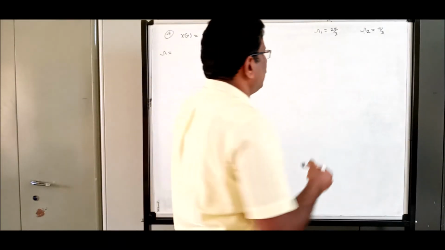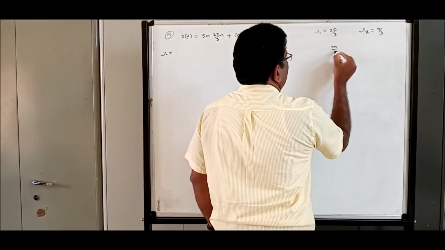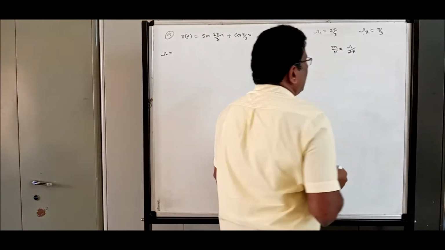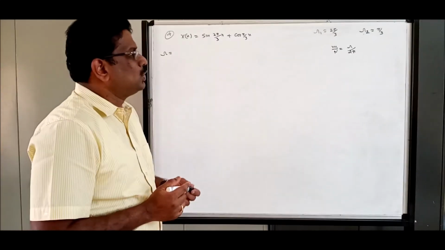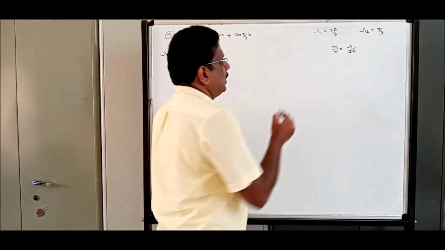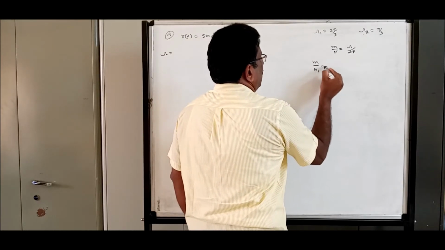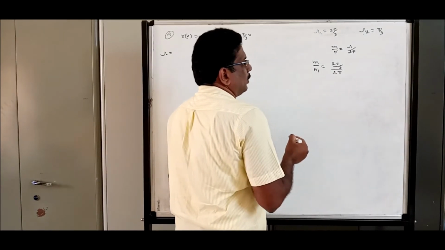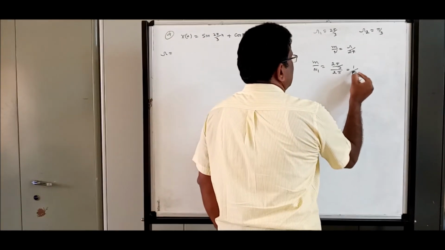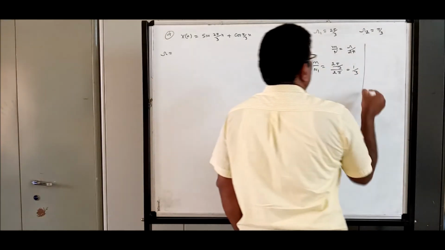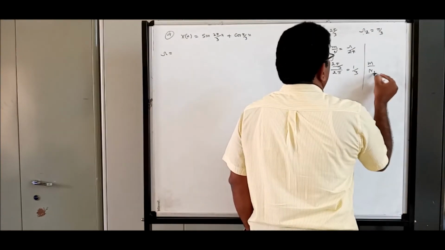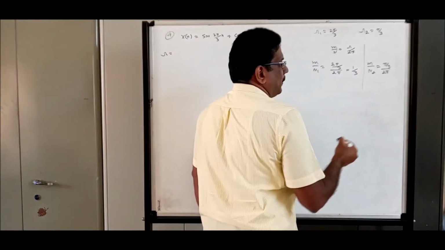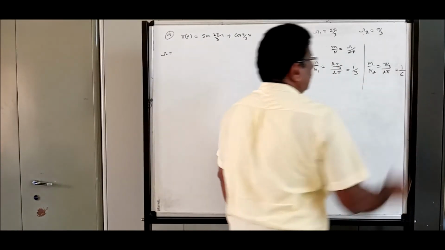So let us recall our old procedure. m by n is equal to omega by 2 pi. You will remember this analysis, I hope so. So by utilizing this concept, m by n1 is equal to 2 pi by 3 divided by 2 pi. So 2 pi gets cancelled. Answer is 1 by 3. Let us do one more. Here, m by n2 is equal to omega, which is pi by 3, divided by 2 pi. Pi will get cancelled. Answer is 1 by 6.